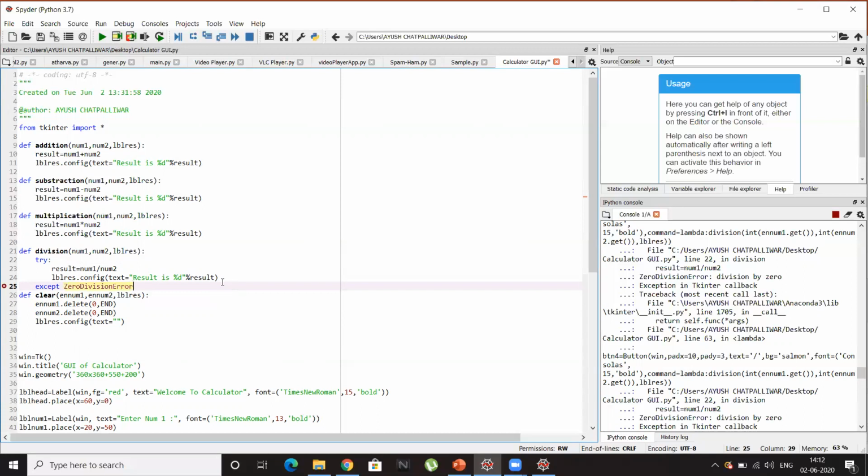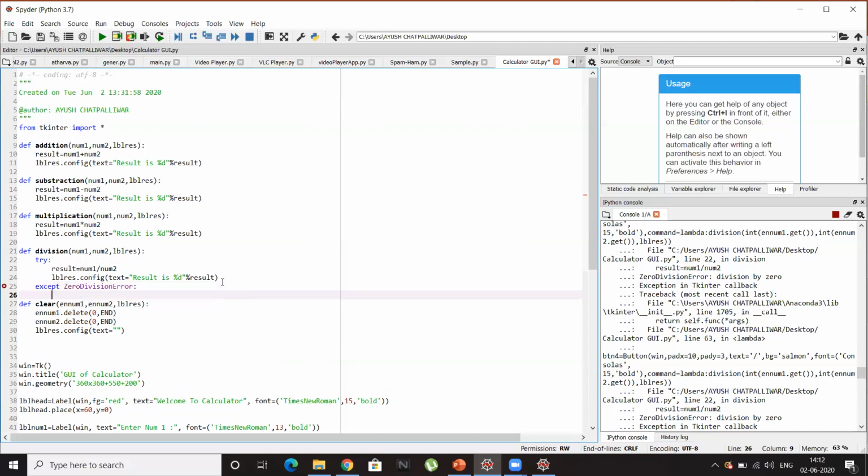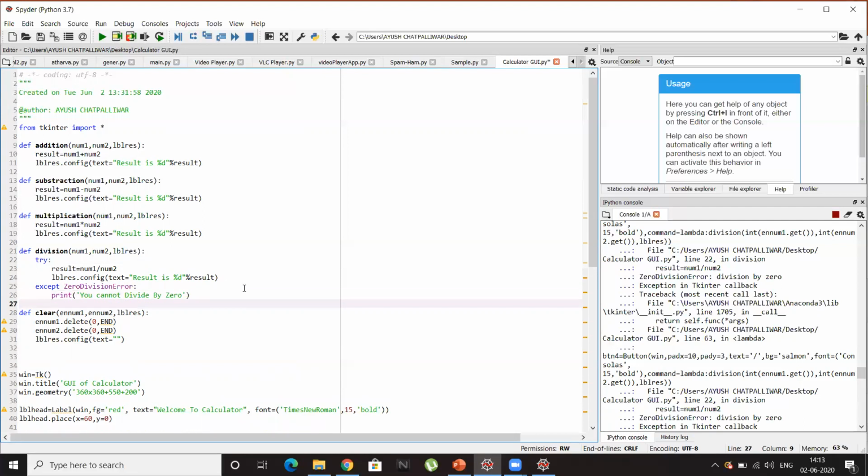Yes, perfect. And inside that we can print that you cannot divide by 0, so that the user will get a message you cannot divide by 0.